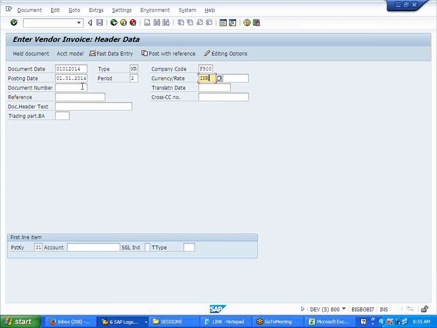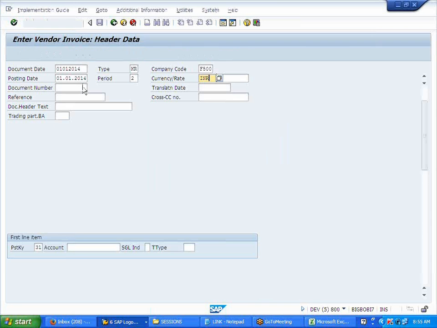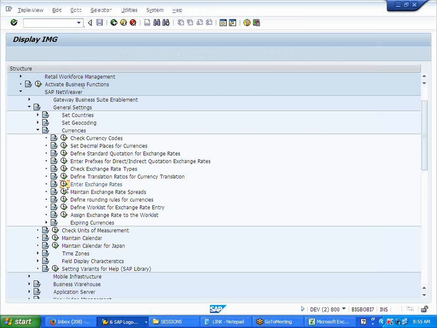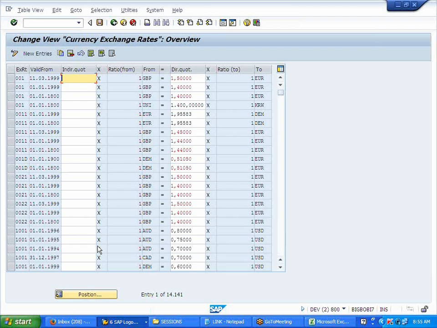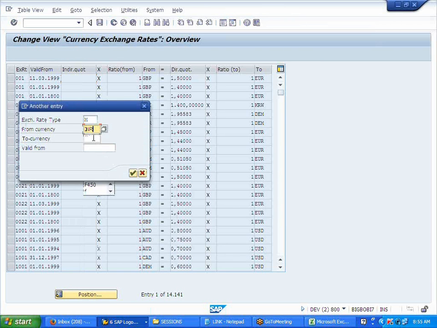Can't we give direct and indirect on the same day? Why are we giving a one day difference? I mean the difference in the dates. Whenever you're maintaining this, for indirect you maintained 1-2 and for direct 1-1. Why can't we maintain the same date for both of them?